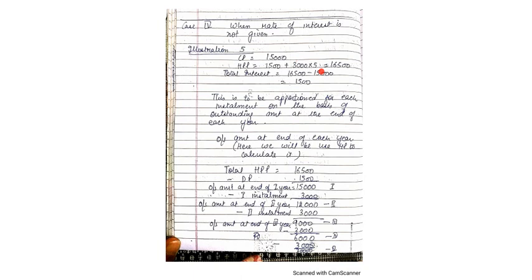So total hire purchase price is 16,500. And the difference between these two is the amount of total interest. So we know that vendor has charged 1,500 in the name of interest from the purchaser. In this case, we need to split this 1,500 into 5 installments, right? So for this, we need to calculate the outstanding amount at the end of each year. We make ratio of this outstanding amount, and in this ratio we divide this 1,500. Here we solve our question with the hire purchase.